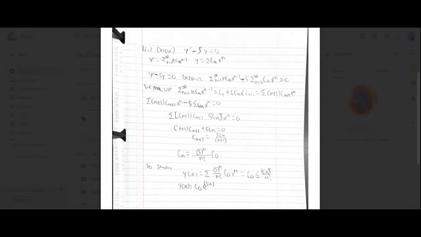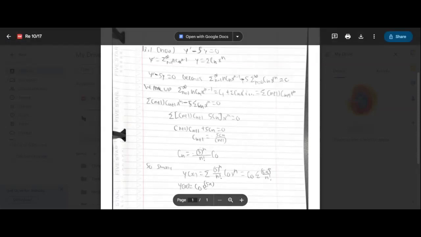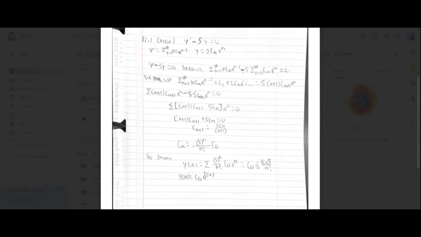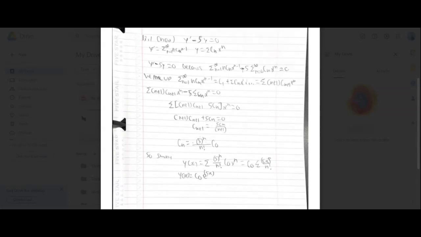Doing that, we get the summation of n plus 1 times c of n plus 1 times x to the n. Plugging that back in, we get the summation of x to the n times c of n plus 1, minus 5 times the summation of c of n times x to the n. Now we have to solve for 0, since the only way the summation can equal 0 is if